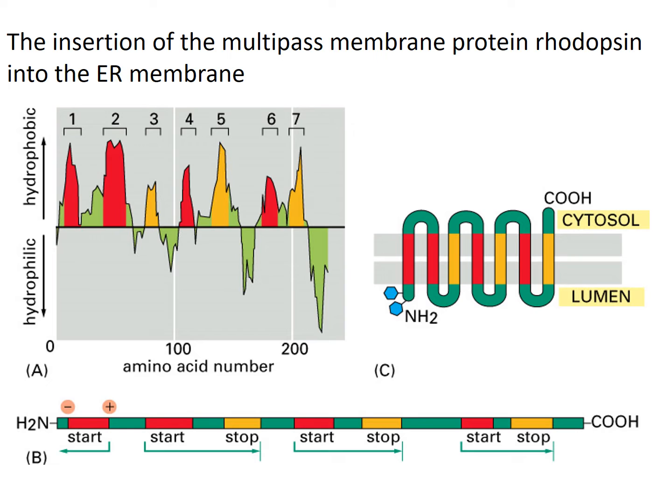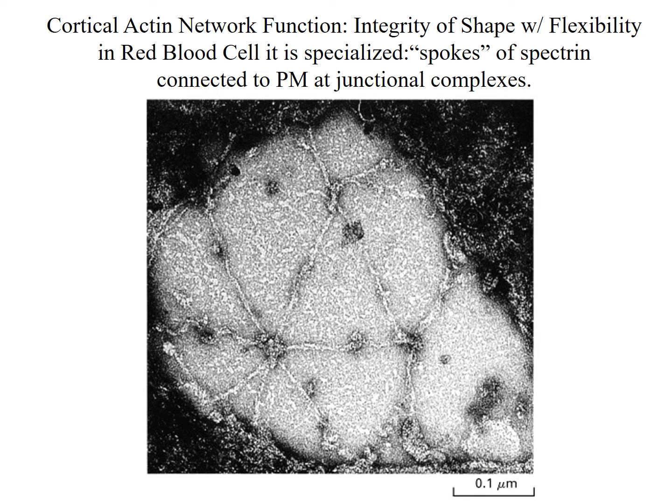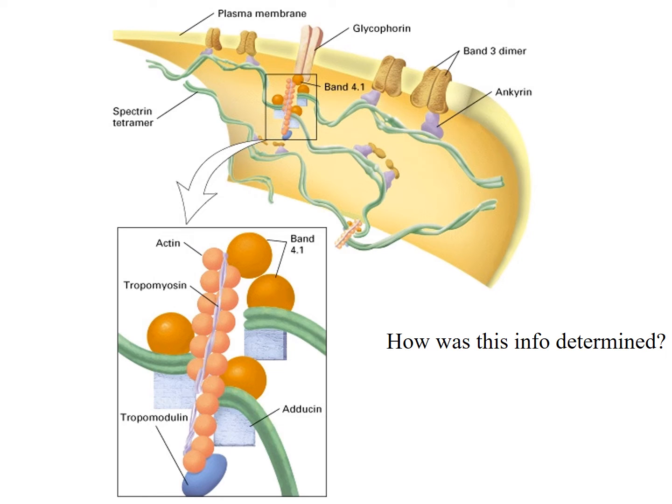Okay. So how would we figure out if this is the stop? Well, it's going to be hydrophobic. If you got rid of it, then you would not have this structure. Okay, it'd be a different structure. This is just showing some more structure of the junction; the spectrin and the ankyrins are here. Okay, and let's go into more detail